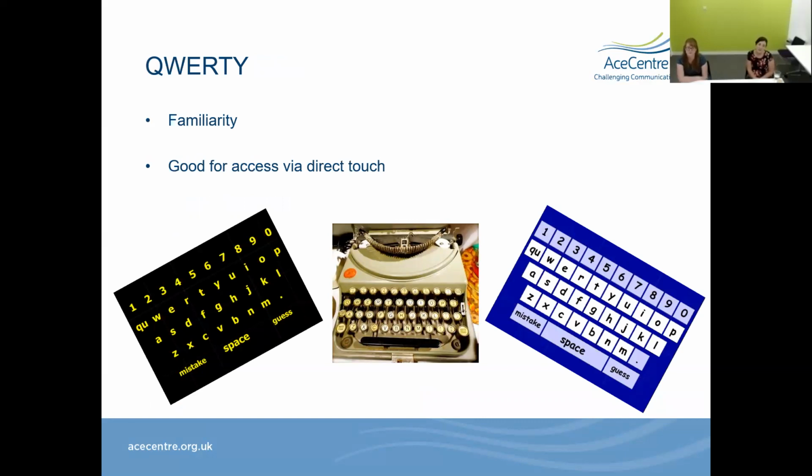Brilliant. So just going through some of the layouts of how we could format our alphabet chart, and QWERTY is probably the most known one and very familiar to many of us using computers, especially with COVID-19 as it is. We're all using computers all the time. So this was set up originally for direct touch through a typewriter, as you can see,